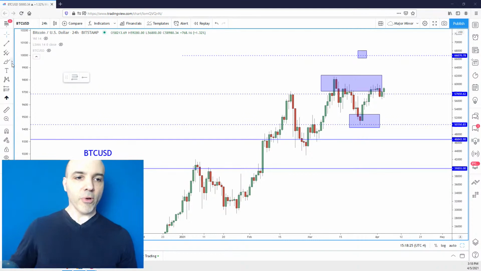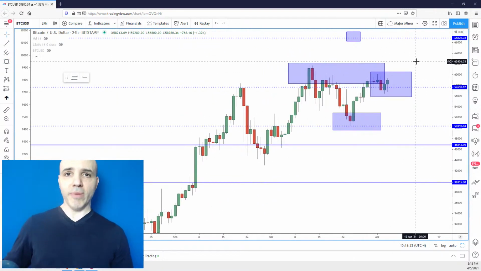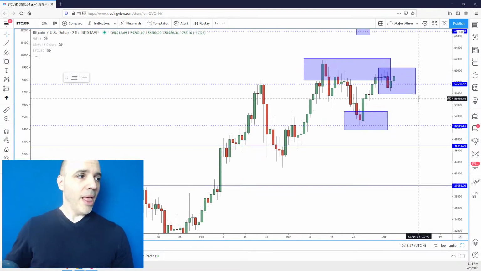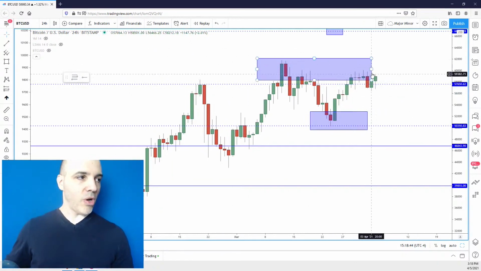Now, for those that read my TradingView analysis yesterday, I talked about that basically there was just nothing worth doing here, right? The title was, it's just not worth it. I don't know if that's the most exciting title in the world, but here's the point. Bitcoin is in a resistance zone. Here, let me just highlight that zone again. It's this zone right here.